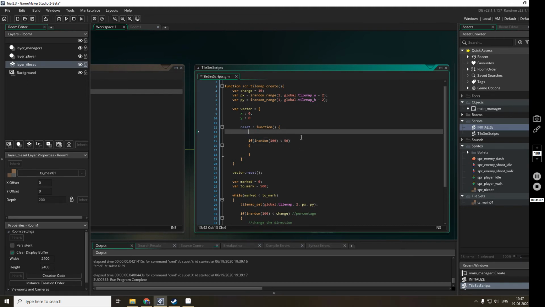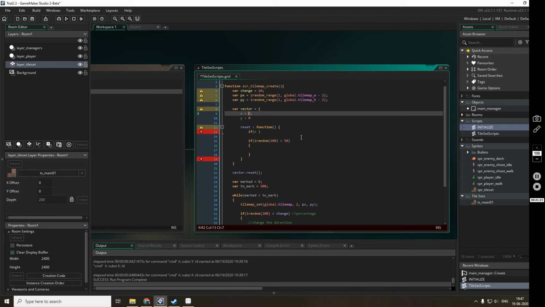But there is another thing. If we are already going in the horizontal direction, if x is, or maybe we'll call it vx, I don't know if this will work.